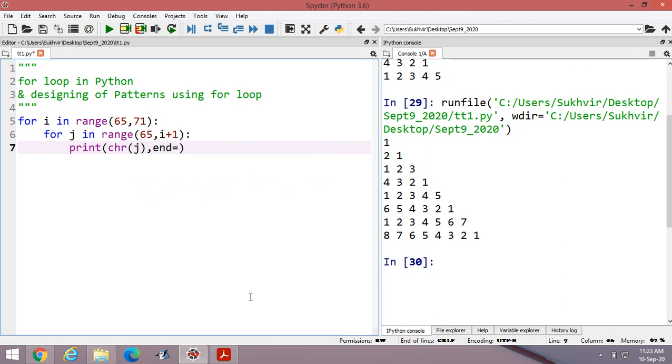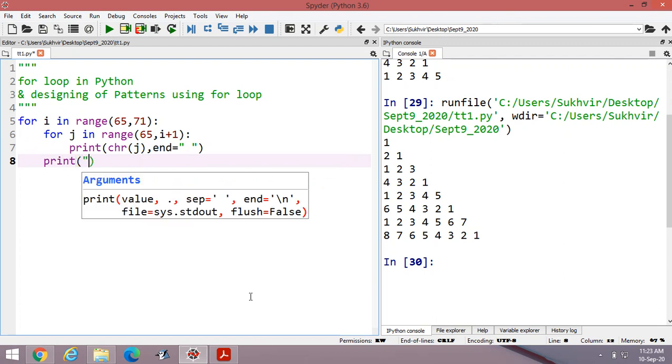An empty double quote is required, then print, then again double quote.